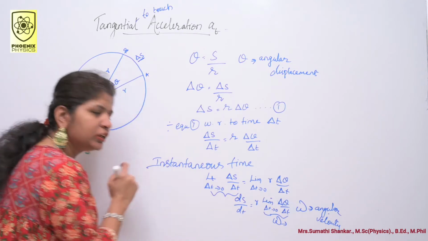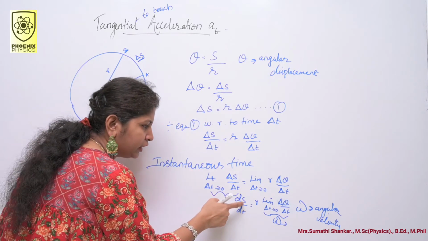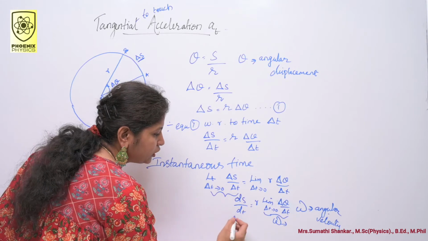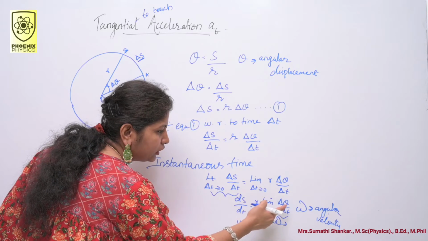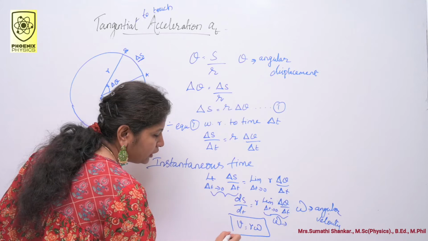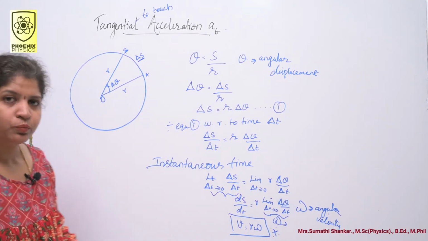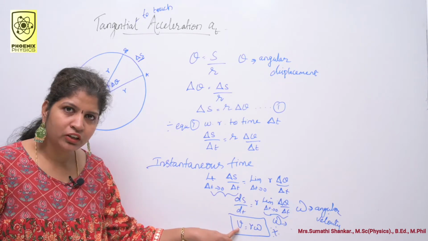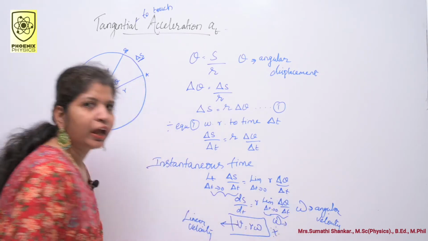What is this ds by dt? It is nothing but the rate of change of displacement or distance. s denotes distance or displacement. So instead of ds by dt you can write v. Here r is constant. Then the whole term is equal to omega. So this is our final expression. This is very important. This equation relates linear velocity. What is this v? v is nothing but our linear velocity, and this omega is nothing but angular velocity.